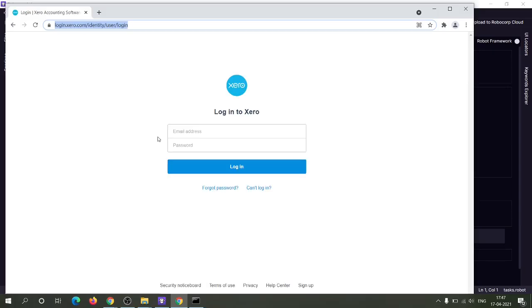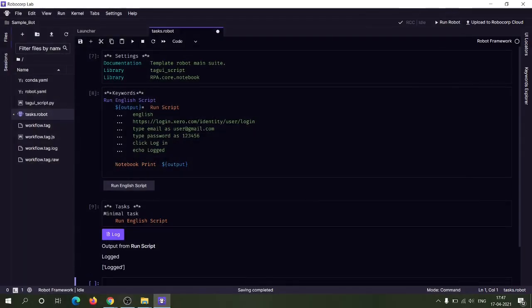Now you can see that it is doing the same operation of opening the website, typing the username and password. Now you can see the two outputs.